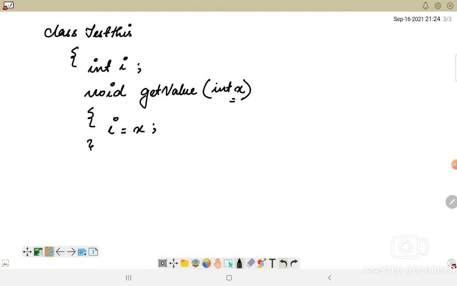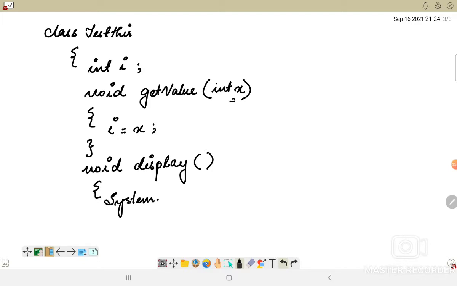Now I have a different method which will display this value. I will use another method, display, and within this I will use System.out.println to simply print the value of i. So this is my class, and here I have two different methods, and I will close my class.